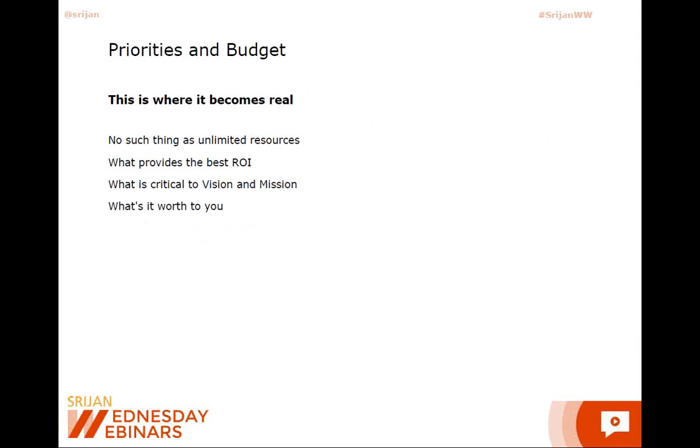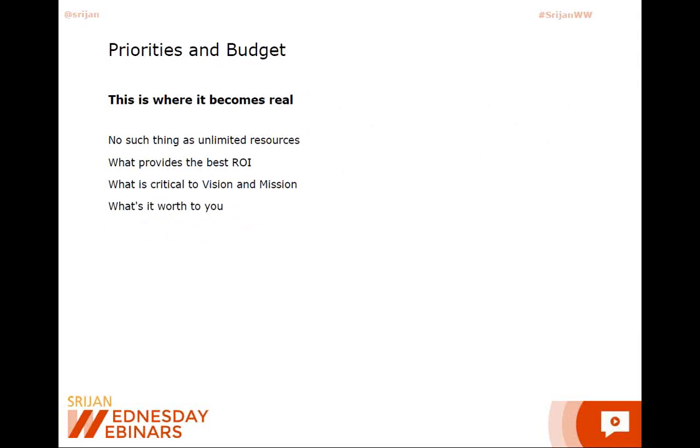You can have these grand visions. You can have these grand mission statements. You can have these tremendously audacious ideas of what your website's going to do and how you're going to go about doing it and where people are going to be finding out about your website. But at the end of the day, nobody has unlimited resources. And when it comes time to finally start pulling these pieces together and get ready to create your website definition document, which is what's coming up next here, you need to think about what your priority and budget is going to be for this.